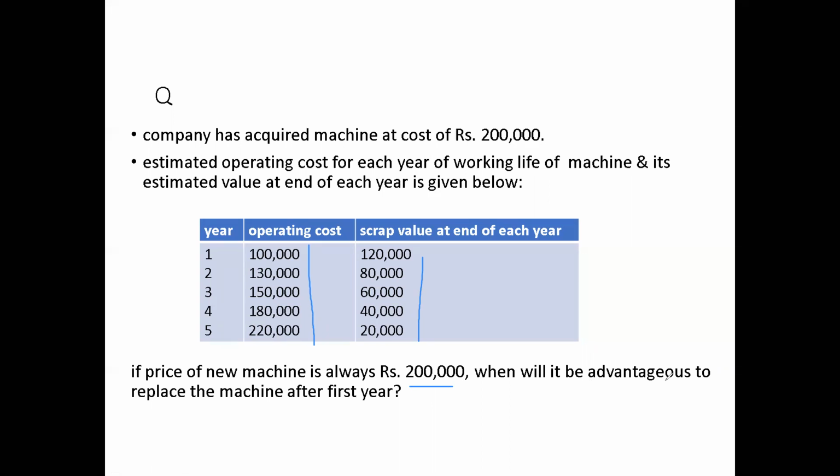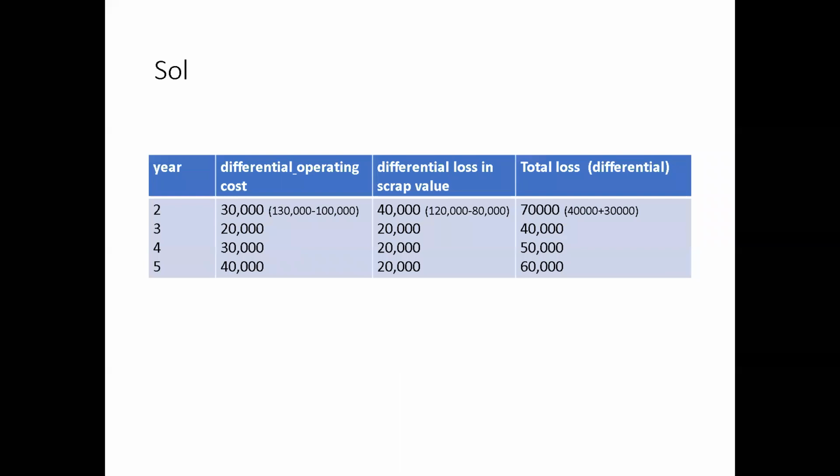Now the operating cost is given as well as the scrap value is given. So we have to see the differential cost. On the basis of it, we have to make the decision whether it will be beneficial to replace after first year, or after second year, third year, fourth year or fifth year, on the basis of this information. So let's see how we'll calculate. We'll prepare a particular